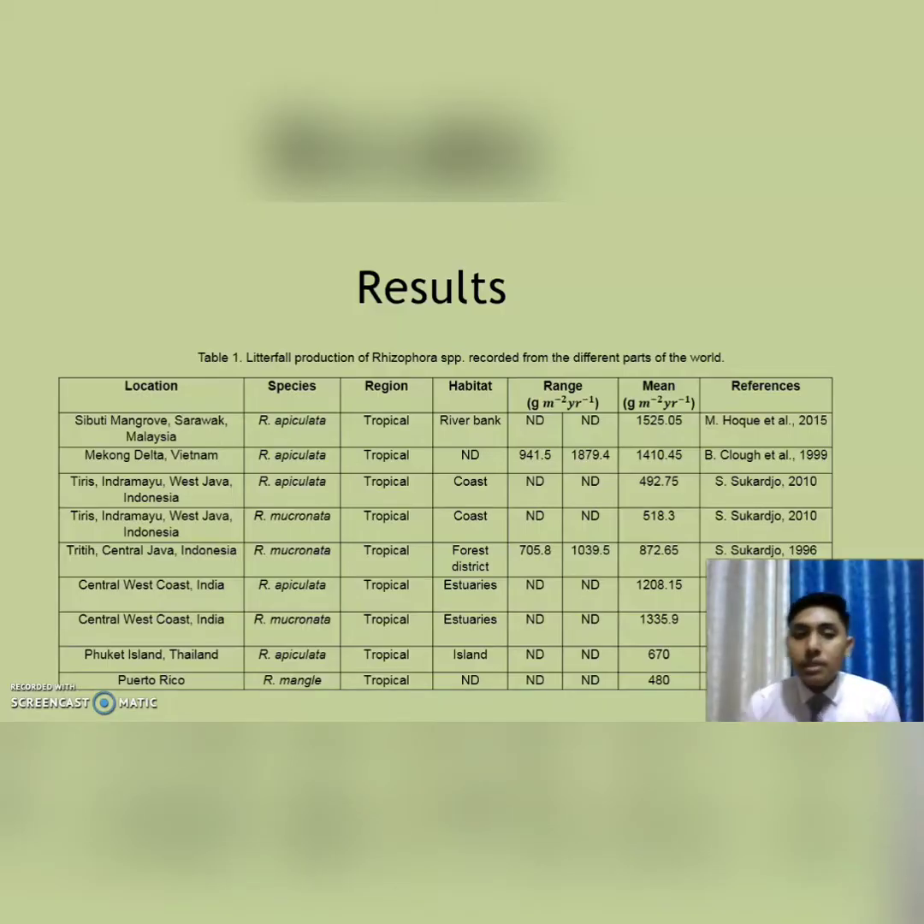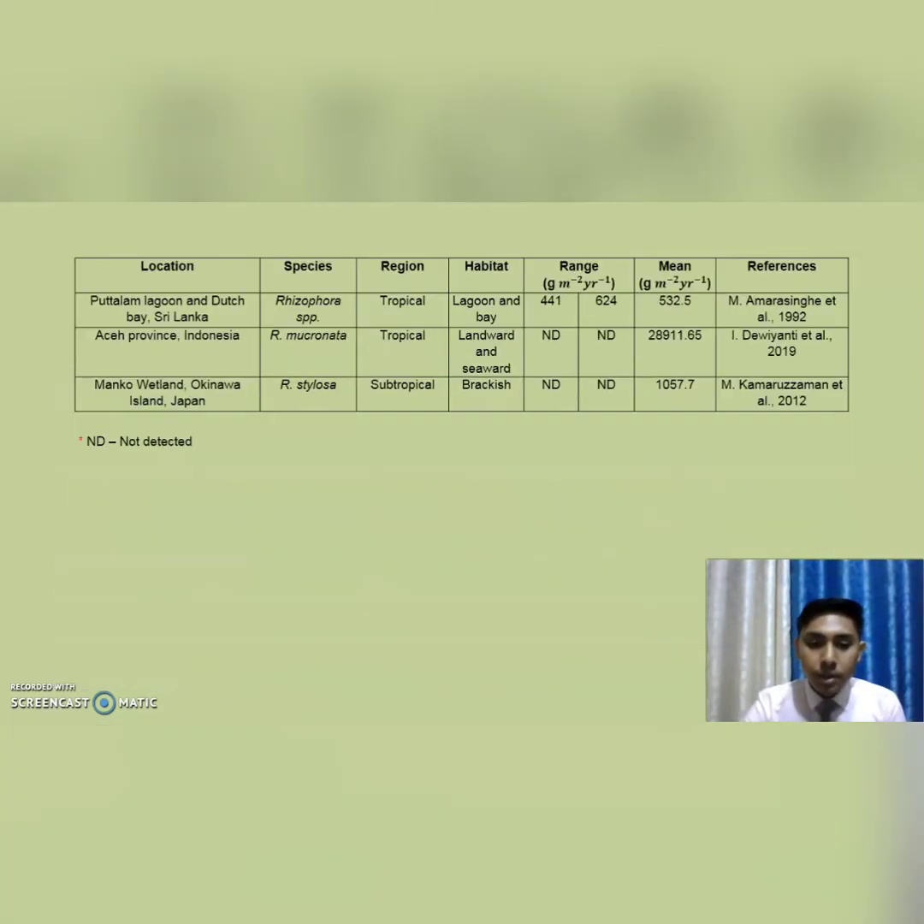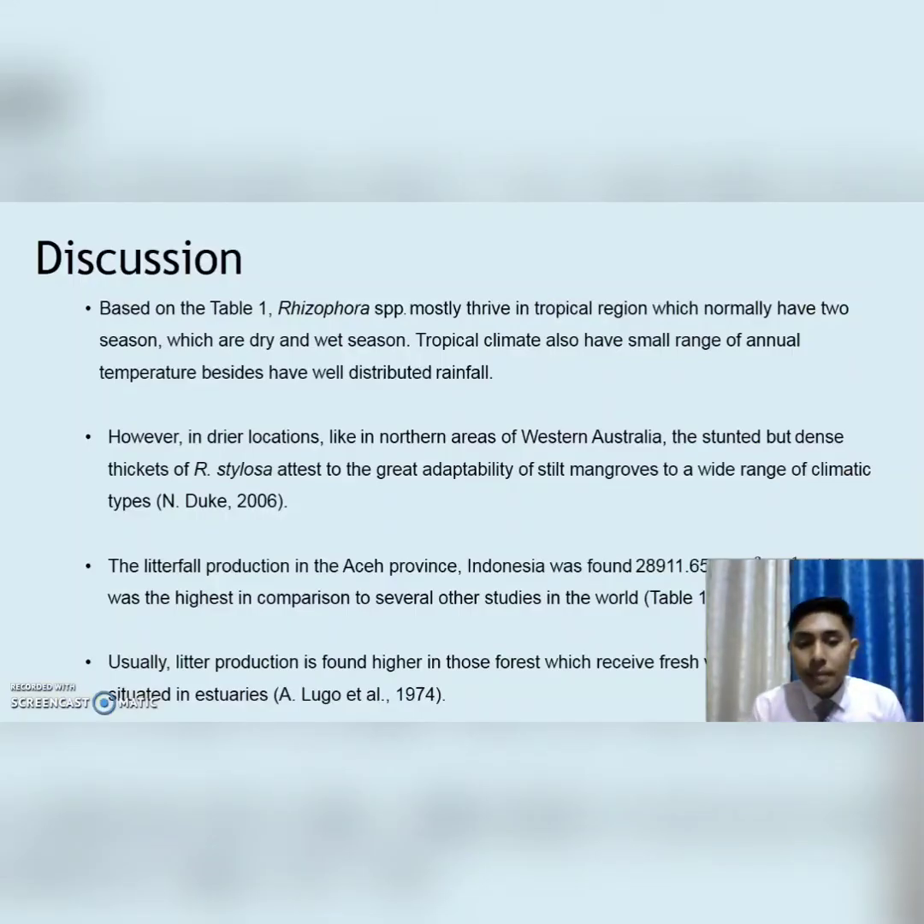This is the table for the results, which shows litterfall production of Rhizophora species recorded from the different parts of the world. There are many regions and countries that were recorded. ND stands for not detected. So from the table,